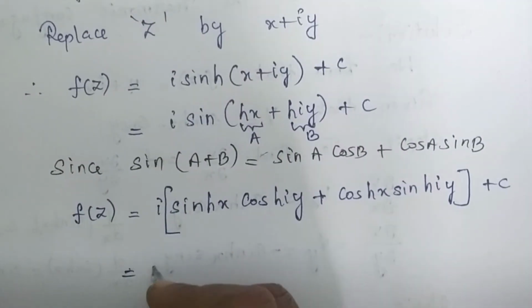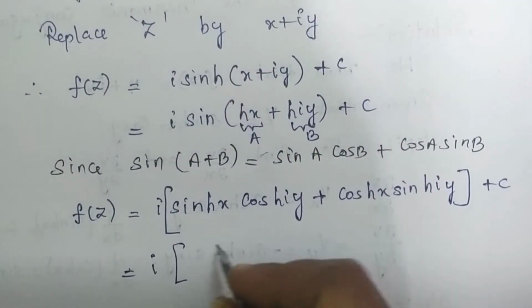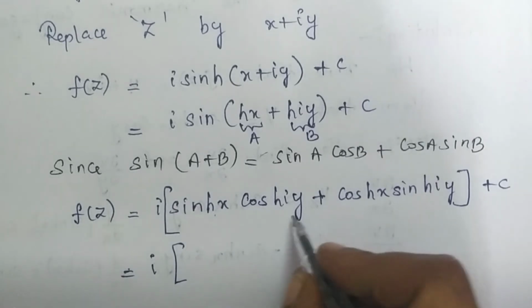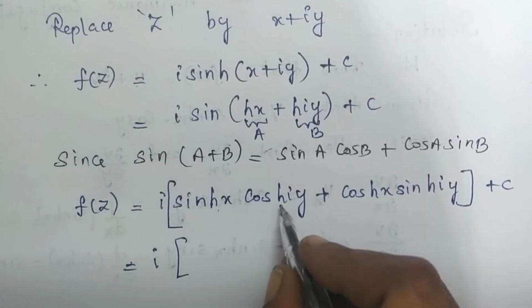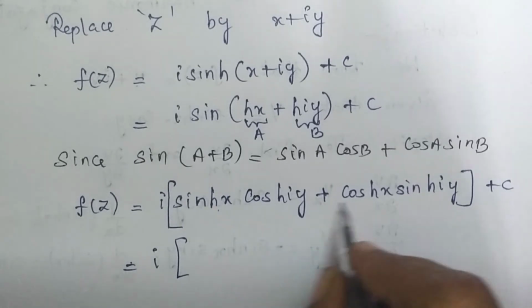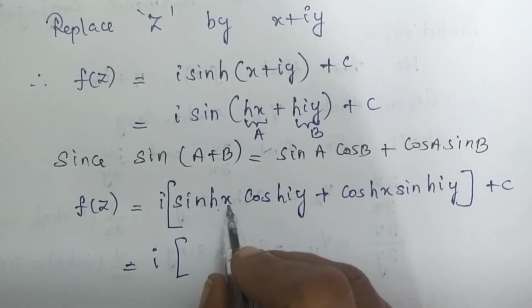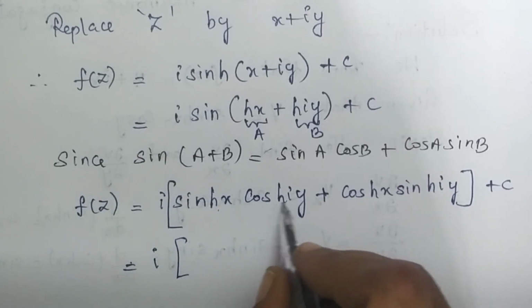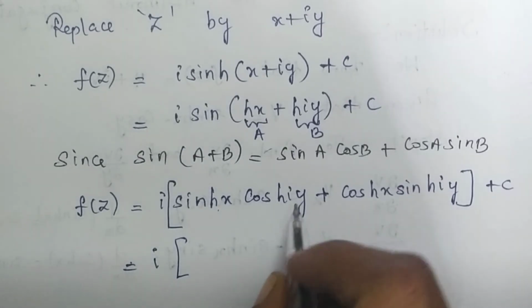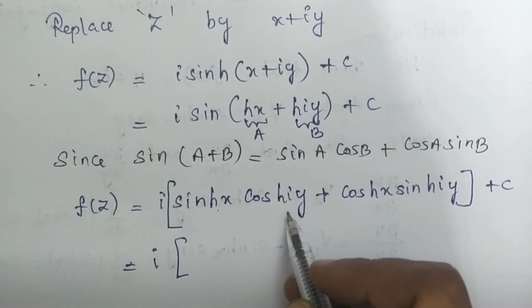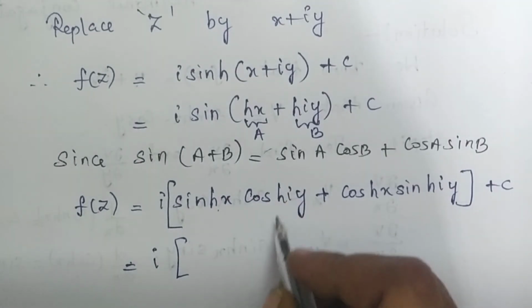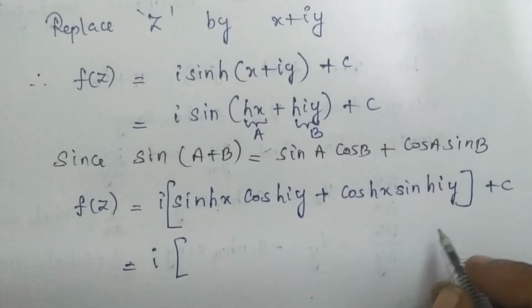So this is equal to I times of, so we have hyperbolic function and circular function mixed. So here, sin hx is not a circular function, all are in the hyperbolic case. So we have sin hx, and here we have cos hy. So we have the imaginary part here. Now we have to remove the imaginary part from the angle. So you know the formula very well, that is